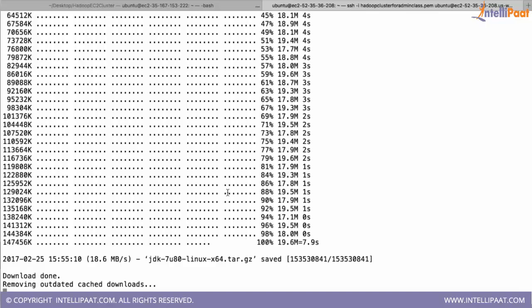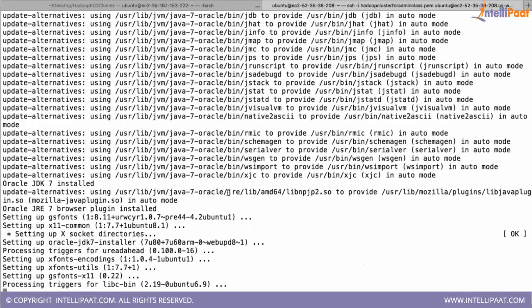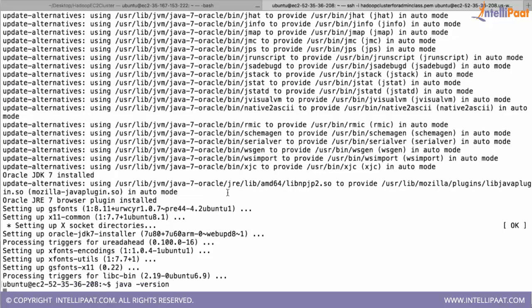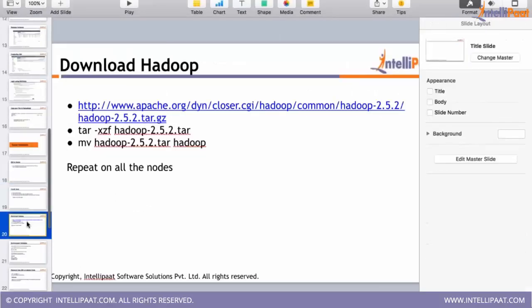So this is on data node 2, we are installing Java. So you have to install Java on name node, secondary name node, data node 1 and data node 2, all the data nodes. You try java -version to see whether it is installed. It is installed. So now we have successfully installed Java on all the nodes. Now let us move ahead.